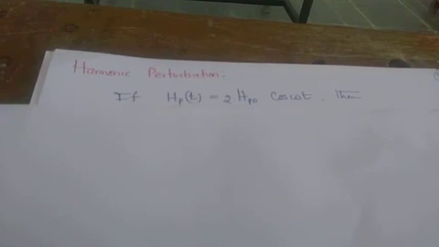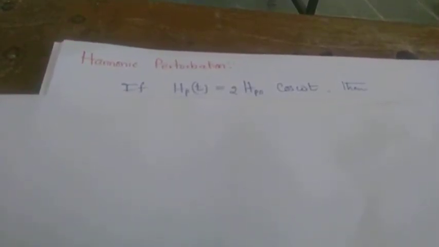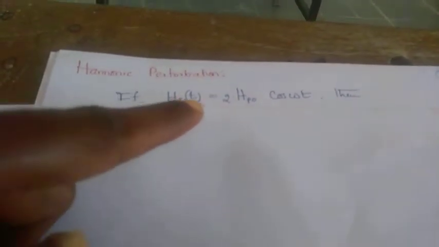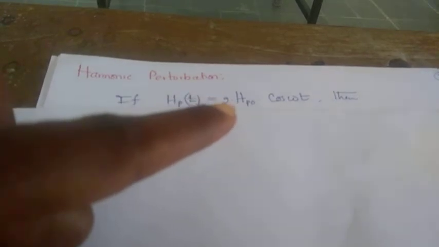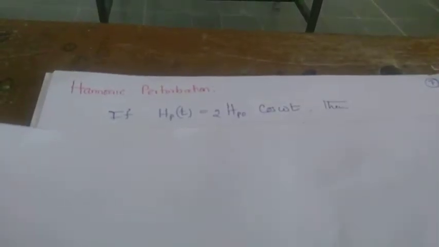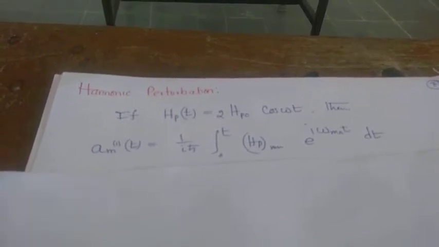The topic of the video is harmonic perturbation in time dependent perturbation theory. If you take the perturbation Hamiltonian H_p(t) as 2 times H_p0, which is a constant, times cos ωt, then the amplitude of the probability transition between state n and state m is given by